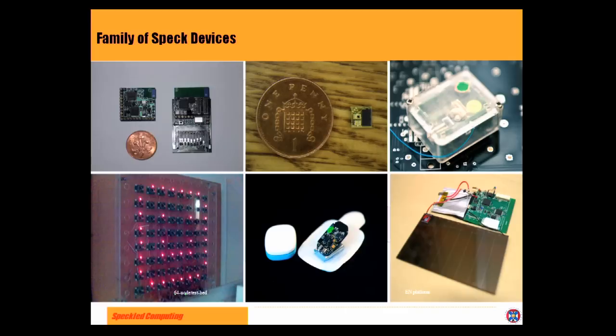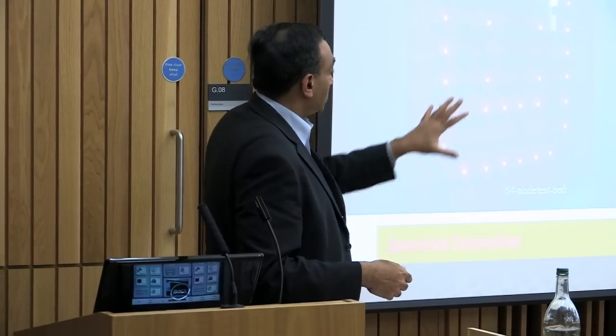And what you see in the middle here is a device which is called a Respire, which can be worn as a wireless patch and can measure the respiratory rate and flow and also movement, etc. So there's a class of problems that is addressed, which is in healthcare, and you'll see more of that later. So these are some examples of spec devices that we've developed over the years.